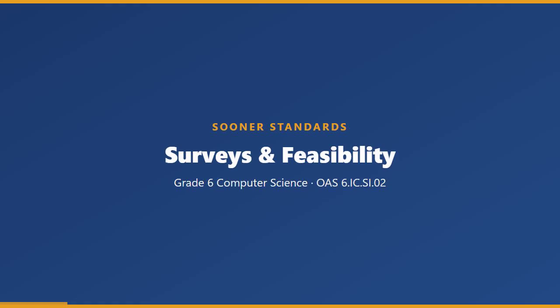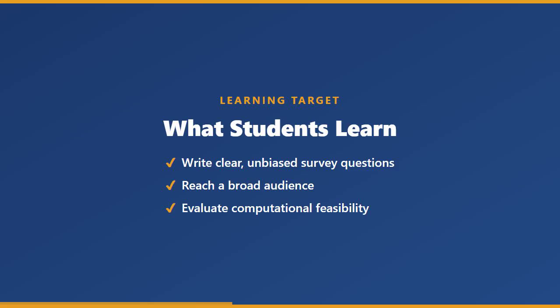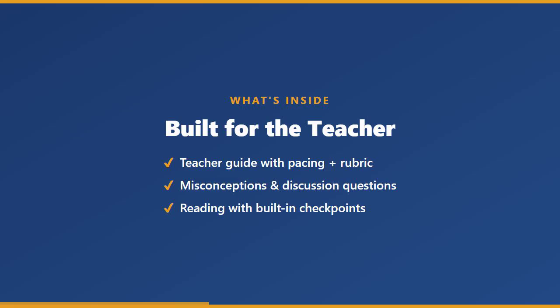From Sooner Standards, Designing and Conducting Online Surveys, a complete Grade 6 computer science unit for Oklahoma Standard 6ICSI02. Students learn to develop and conduct an online survey that seeks input from a broad audience and use it to evaluate computational feasibility. Inside, a full teacher guide with pacing, misconceptions, and a scoring rubric, plus a content lesson